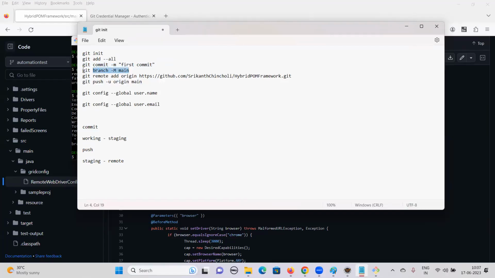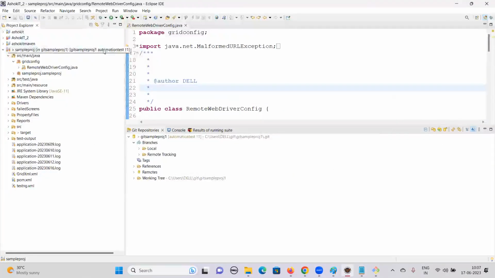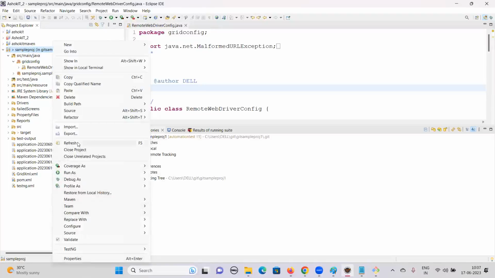After this, we are going to create a branch. Where are we creating this branch? Locally we have this branch created. After creating this branch, we have to create the same branch in the remote repo so that we can track the information, whatever changes we are making here locally. Here you can see this is a branch, the automation test branch. So when you go ahead and refresh this,